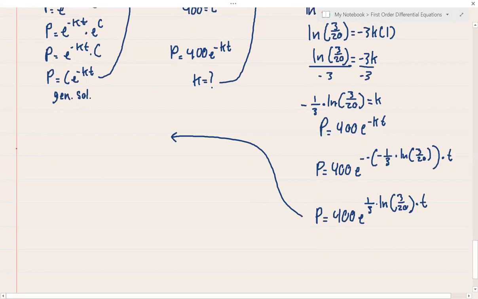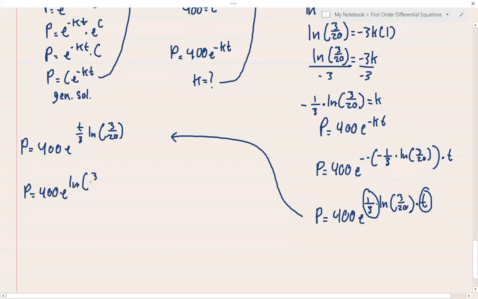Mas mukhang simple pa yung equation natin. So, ang gagawin natin is ipag-combine natin si 1/3 at saka si t. So, 1/3 times t, we will have t thirds or t all over 3 times ln of 3 all over 20. Tapos after that, yung coefficient ng ln mo, gawin ko siyang exponent sa 3 all over 20. So magiging P is equal to 400 times e raised to ln of 3 all over 20 raised to t